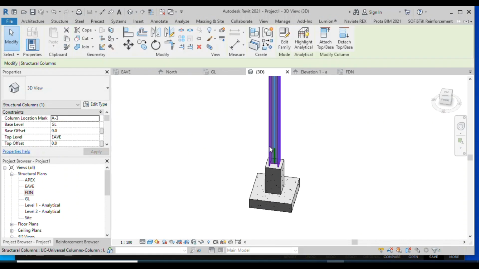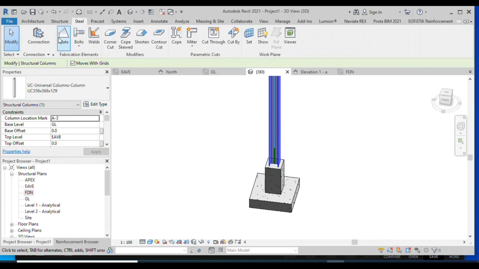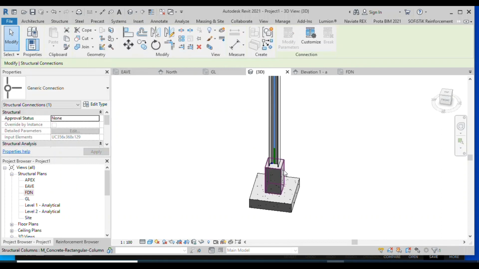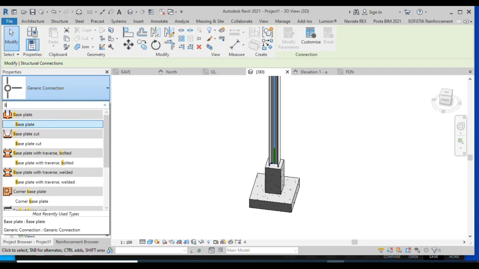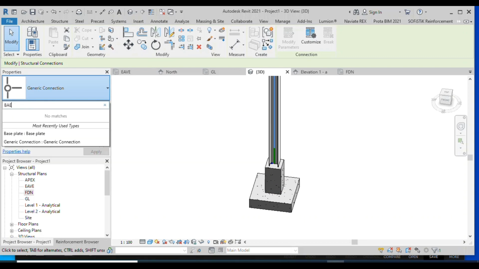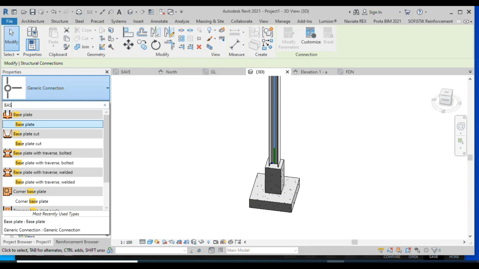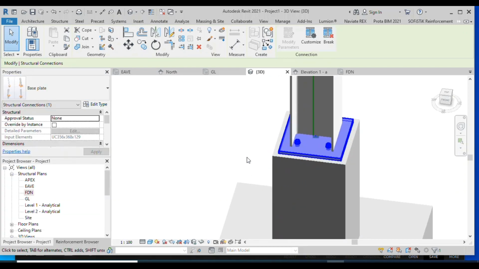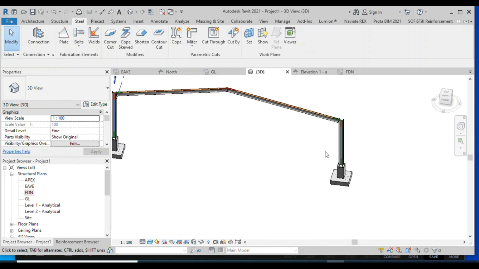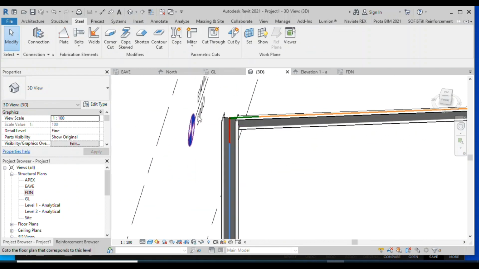You can also select this column here and come to steel, connect it, base. Good, we have that connection. If you want to modify it, you do same. Then we can pick